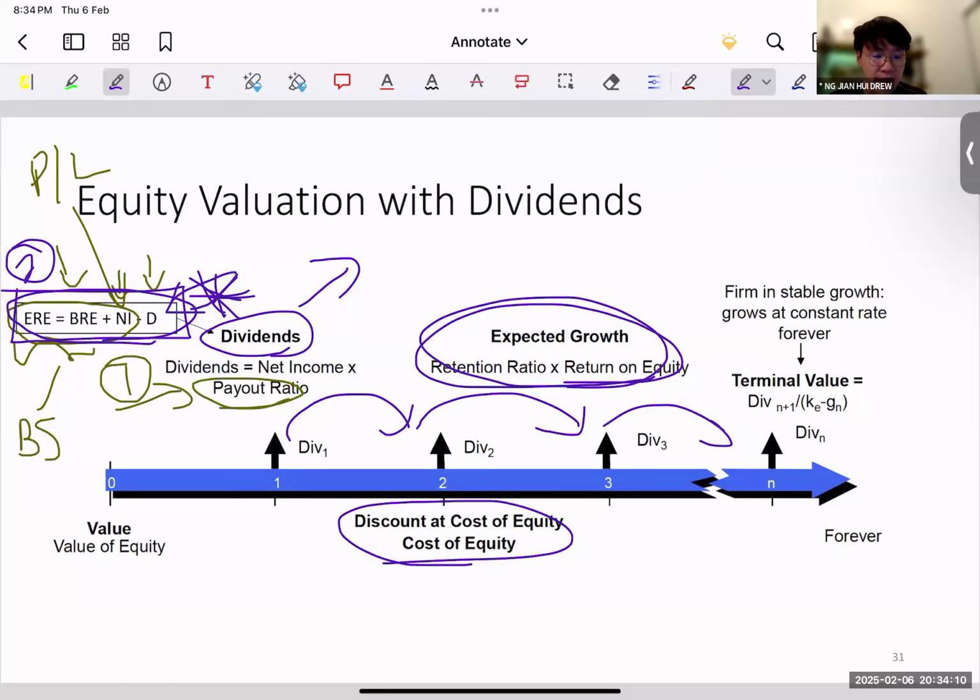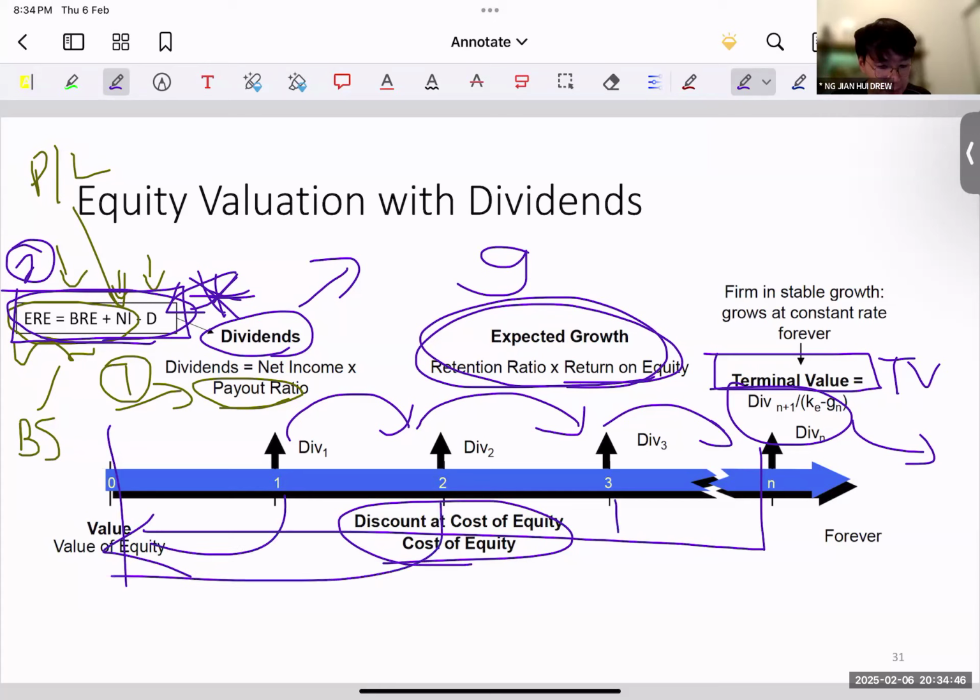Once you determine this growth factor g, we can use it to forecast the terminal value, TV, which is the value based on the growing perpetuity. Meaning these dividends will keep on growing at this rate forever. So we're going to use the growing perpetuity formula as given here to determine the present value of the growing perpetuity. Then this growing perpetuity will have to be discounted back all the way to time zero, as well as any dividends that have been determined, all to time zero here.